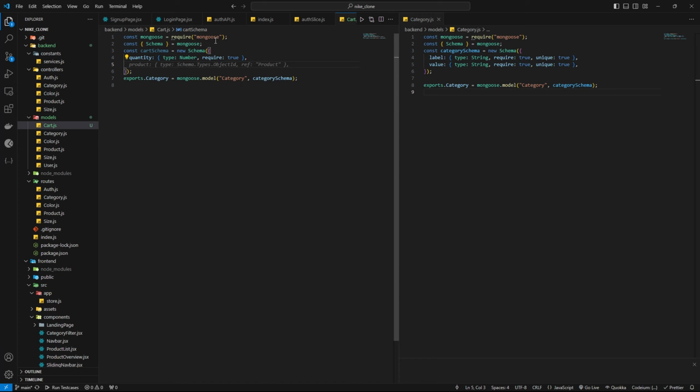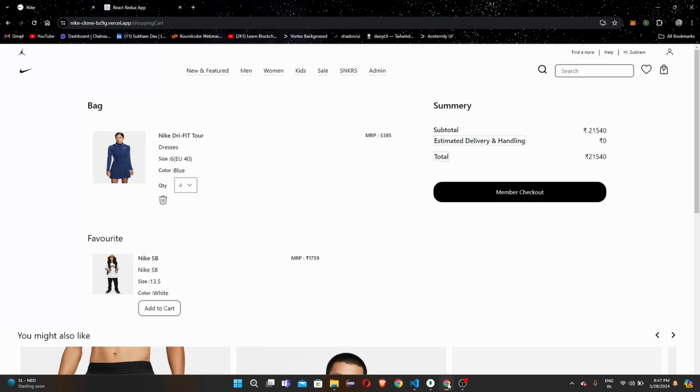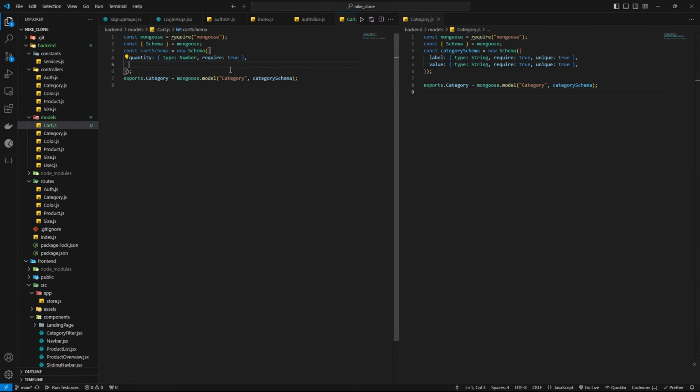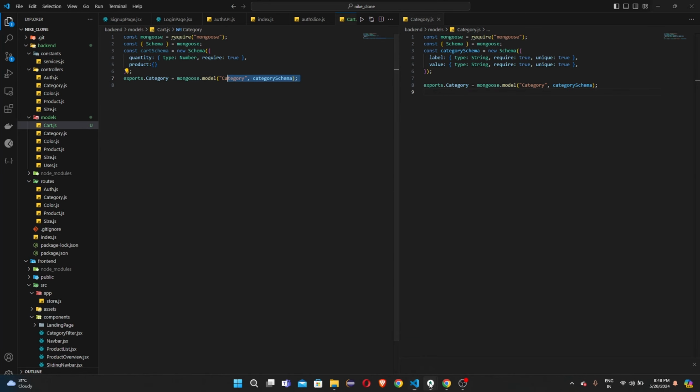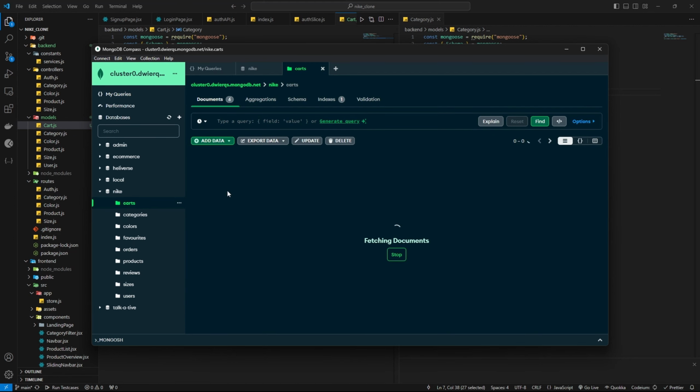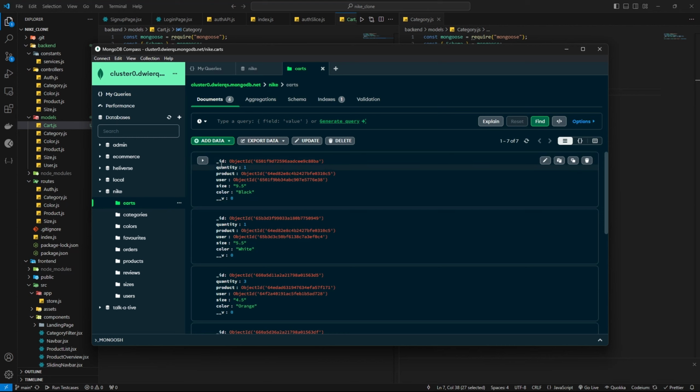The first part is quantity, the second part is product, then the user, size and the color, because generally the bag will consist of the title, the category, the size, the color, and the quantity. So these are the fields which we are going to take. So first one we took is quantity, and then the product, which will also be a type of, let's see in our MongoDB Compass. So here we have the cart up here, and here we are setting the quantity as this,